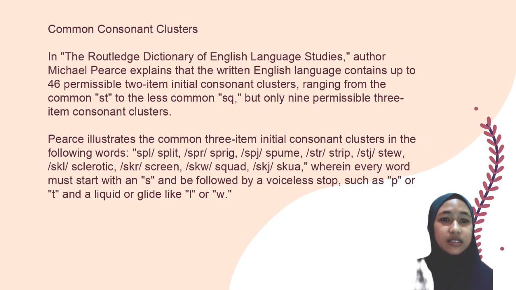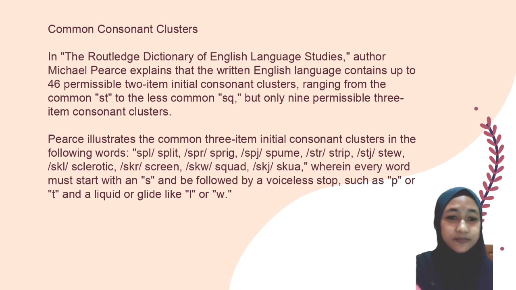Common consonant clusters. In the Routledge Dictionary of English Language Studies, author Michael Pearce explained that the written English language contains up to 46 permissible two-item initial consonant clusters, ranging from the common ST to the less common SQ, but only non-permissible three-item consonant clusters. Pearce illustrated the common three-item initial consonant clusters in the following words: